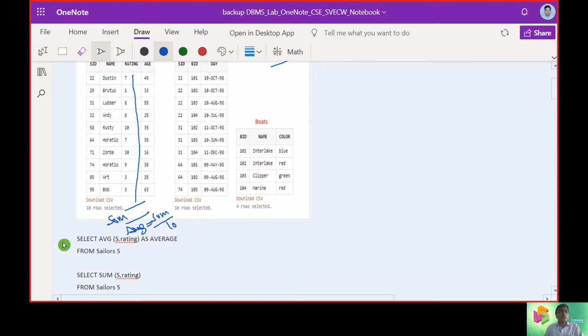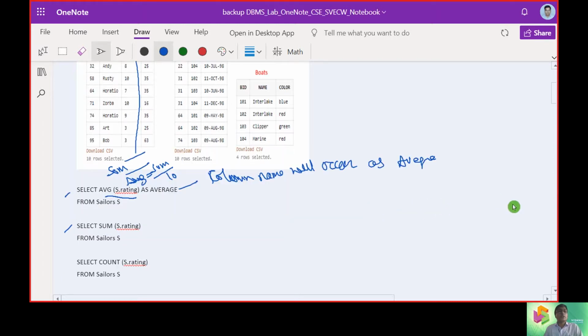That's how we take up the first query and second query. We are computing the average with the rating value, and the column name will appear as average.